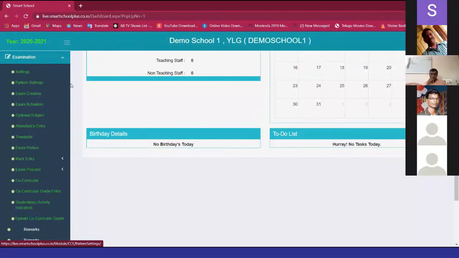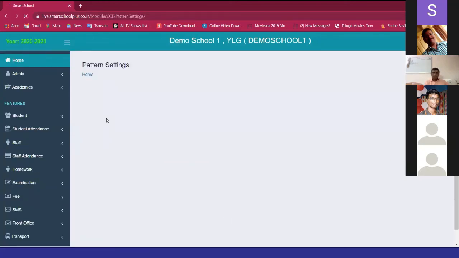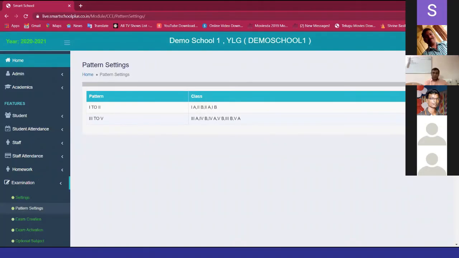So first, for entering marks, we have to fix the subject allotments. I have already done the basic settings part, so here I am allotting the subjects.